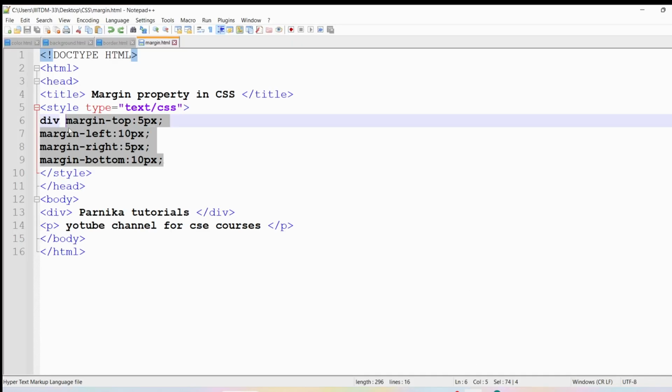displayed. Now you can ask me, sir, if I want to provide the space in the top, left, right, bottom, should I need to use all these 4 properties? Instead of that one, is there any shorthand property? Yes, we have a shorthand property called margin. Using that margin shorthand property, you can provide the space in the top, left, right and also in the bottom